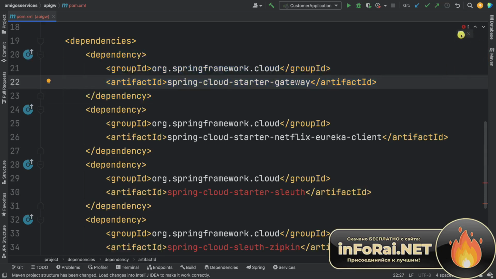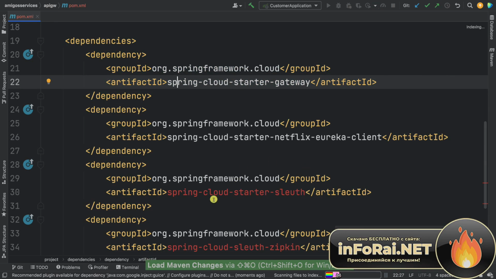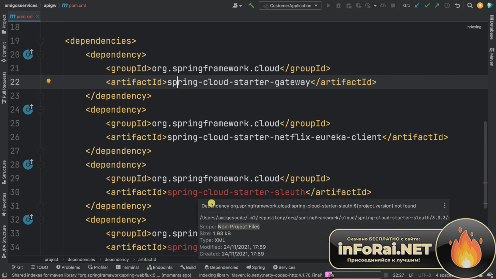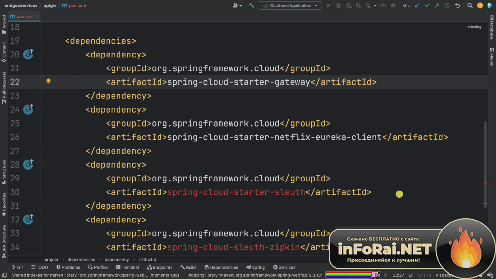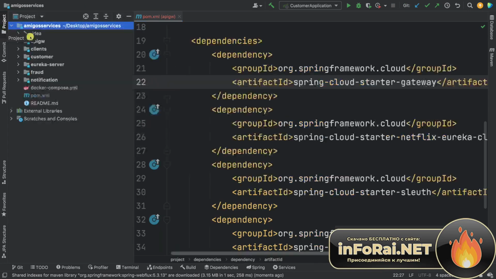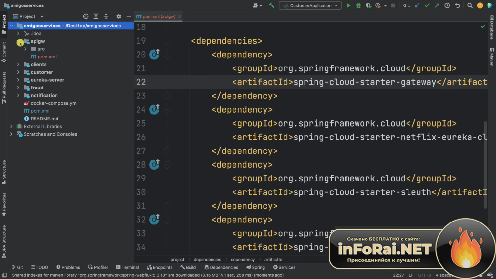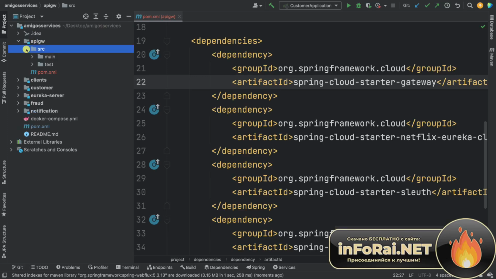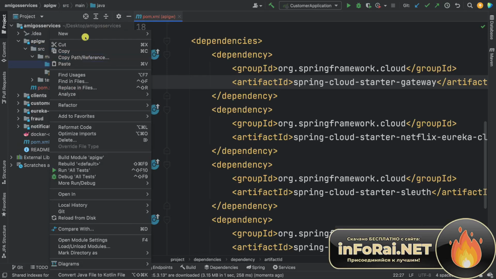So now let me just reload this Maven changes, and this should come up fine now. Just give it a second. And there we go. Now let's open up project, and within API gateway, within source, main Java, let's have a